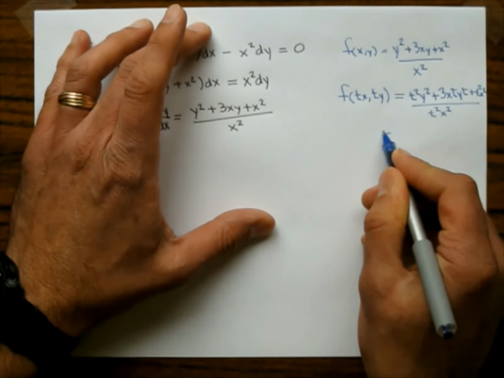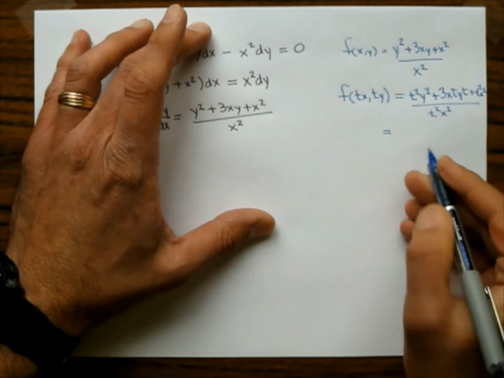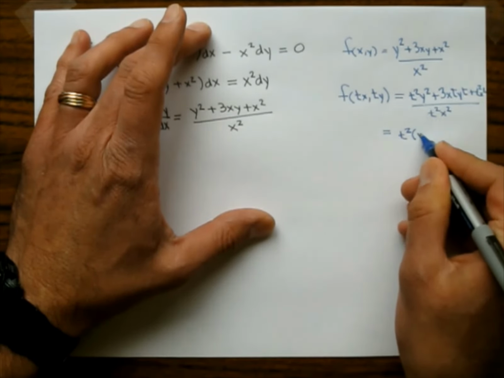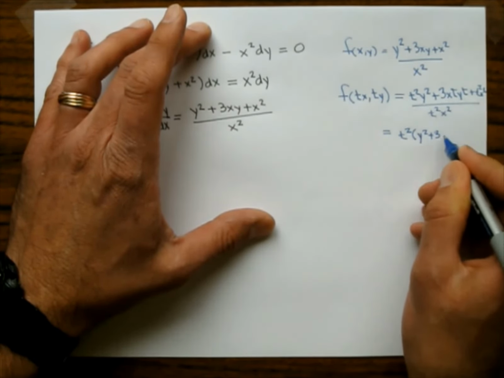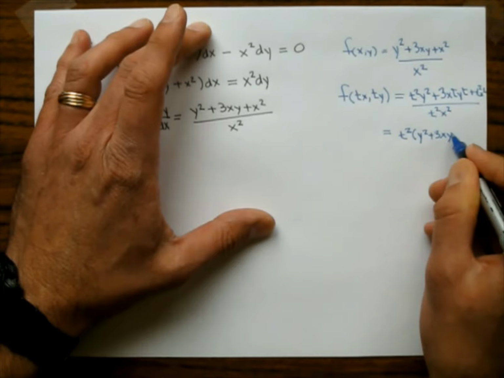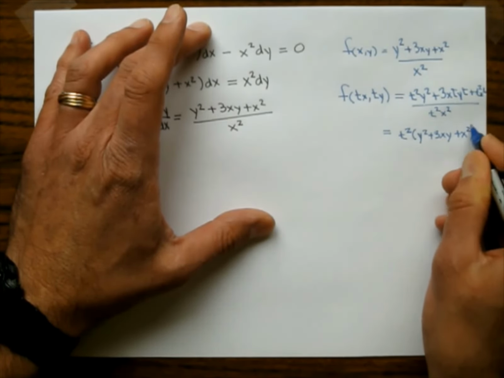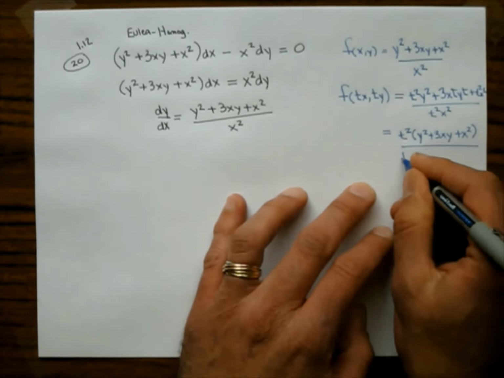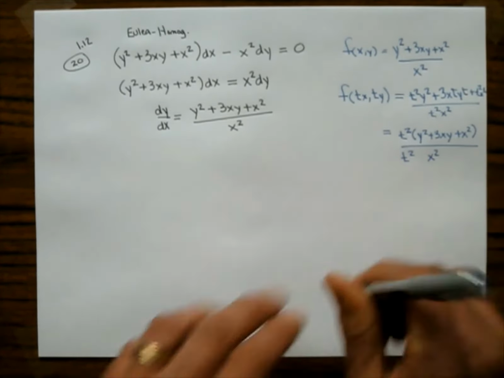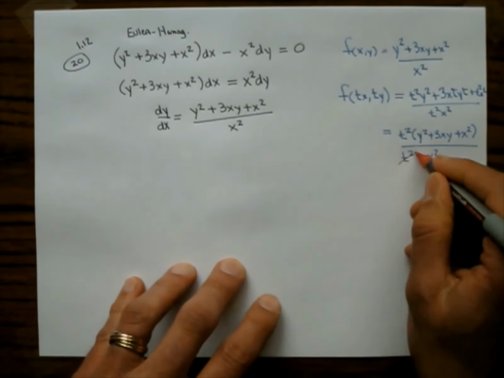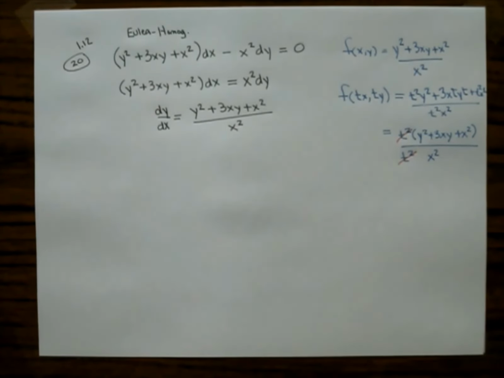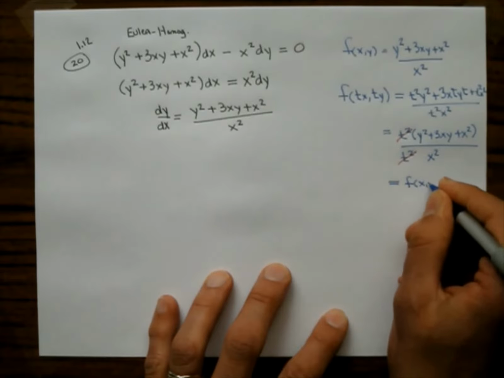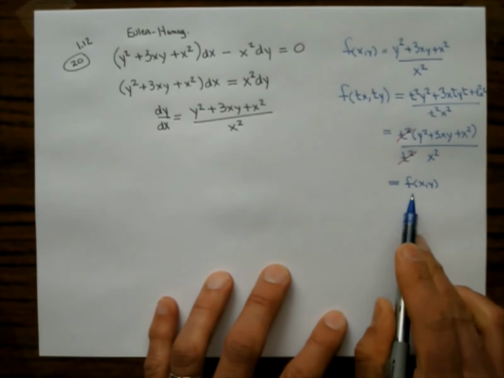You can actually factor a t squared out of the top. So I have t squared, and this gives me y squared plus 3xy plus x squared. This is all over t squared x squared. The t squareds cancel, and you see that you get the exact function here, f of xy. So yes, f is